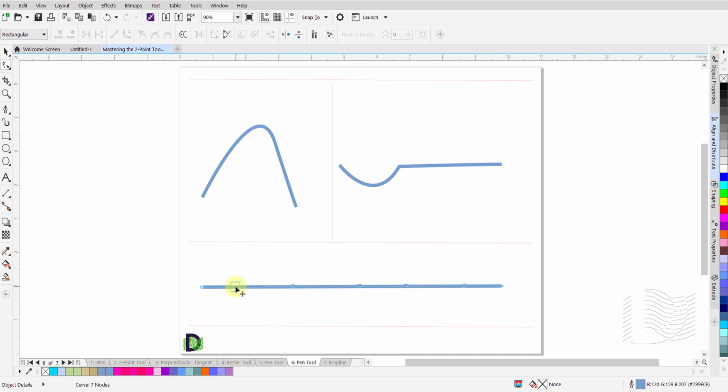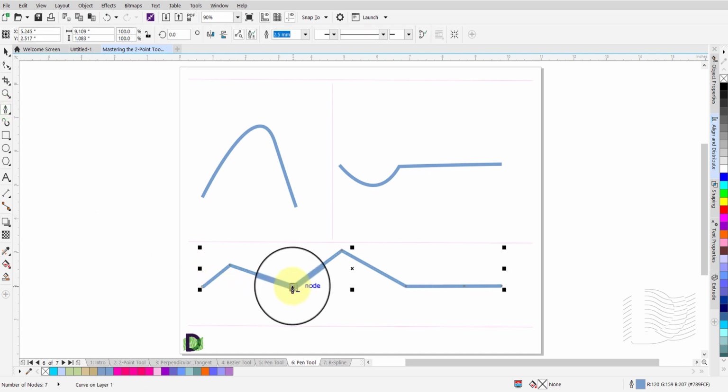Left-click on a node and hold the left mouse button and drag the node to the new position. Release the mouse button when done. Similarly, with the pen tool selected, if you move the cursor over an existing node, a minus sign shows up next to the pen nib. Left-click once to remove that node.